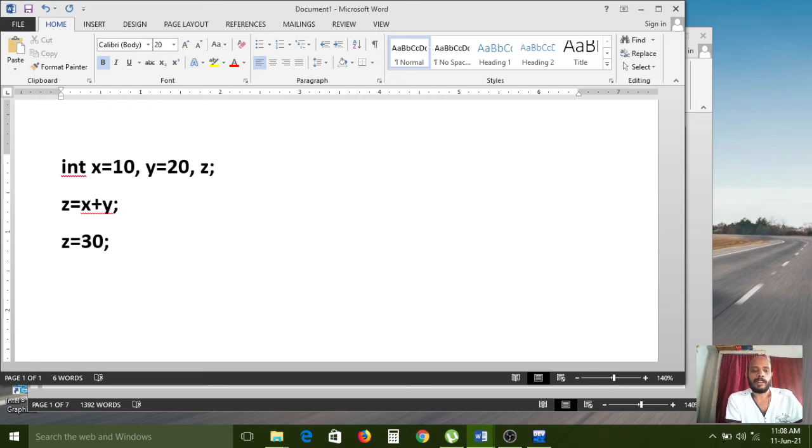So 10 plus 20, the final value it will get is 30. That 30 value it will store into the z variable. Here x and y are operands, plus is the operator. If you want to use any operator, compulsorily at least one operand we need in our program. Now we have understood what an operand is and what an operator is.